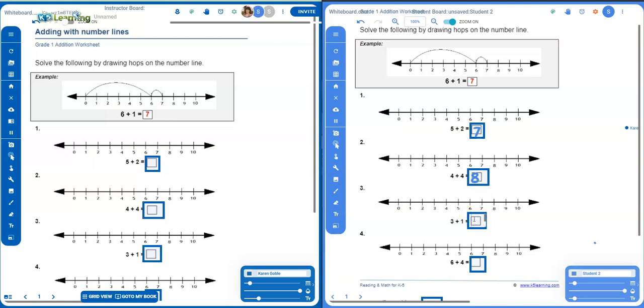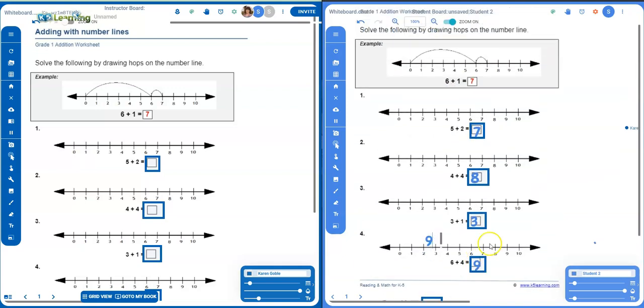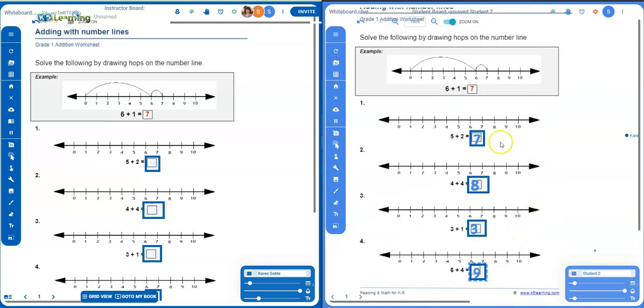Let's go ahead and miss this one. And this one. Oops. And we'll get that one right. Okay. Alright, so now once your students have completed all their work, you can go up to the top here for the Actions button,